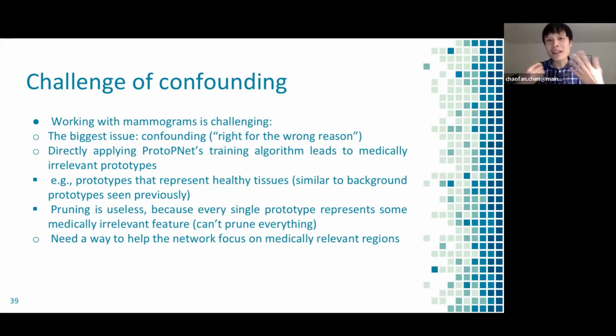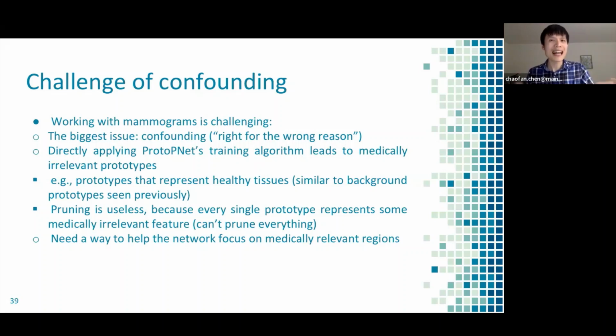It means that even though the network provides the right prediction, the explanation it offers is completely off. It's not medically relevant. And we found that if we directly apply the original ProtoPNet training algorithm to train it on medical images, it basically leads to medically irrelevant prototypes. And part of the reason is also because we have a very small data set, and also there's no pre-training